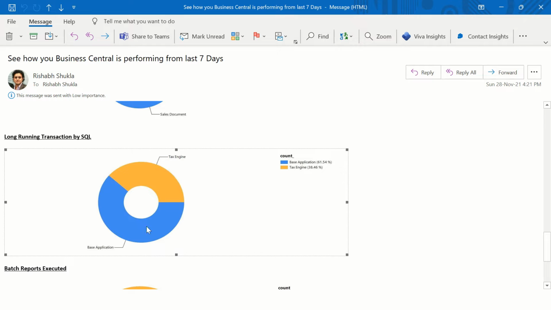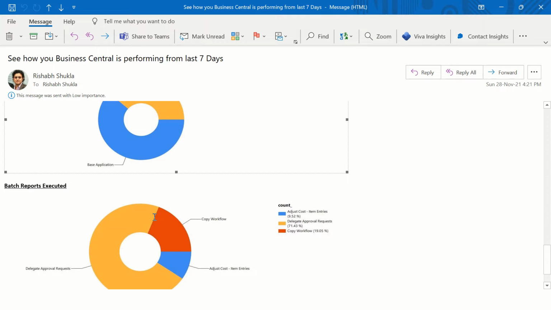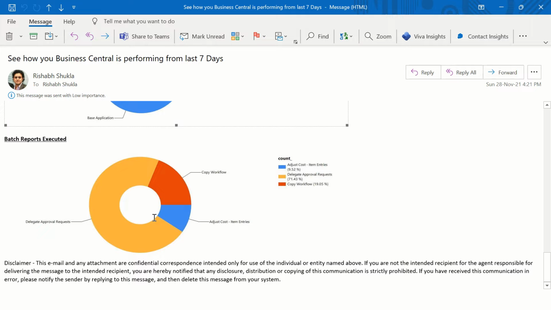So mostly it was the base application, and then a certain amount of tax transactions has been posted as well in bulk. So the tax engine was also in there. For the sake of data, I've also created and run some batch reports. So you can also see analytics, and this could be very interesting,